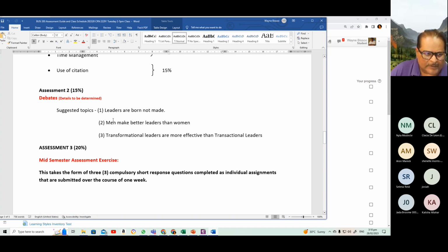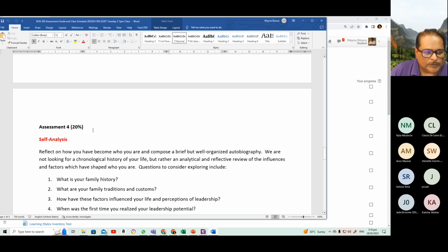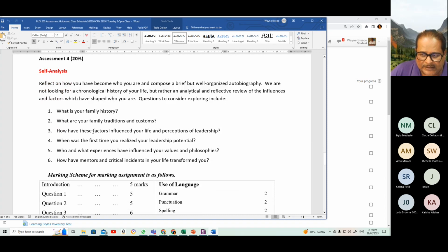The debate is going to be similar. The mid-semester exercises are something that's going to take time to mark and then come back up on the system and so on. Now, the fourth piece of assessment is something called self-analysis. This is something you can actually start working on immediately because it doesn't really depend heavily on the content that we're going to be looking at. What it looks at is really an autobiography that you're going to generate